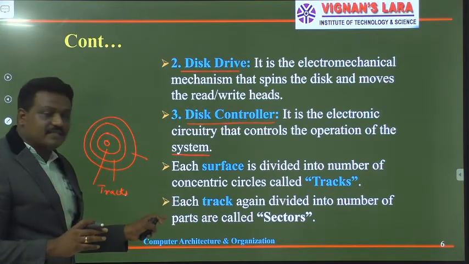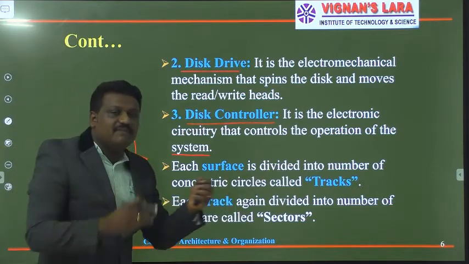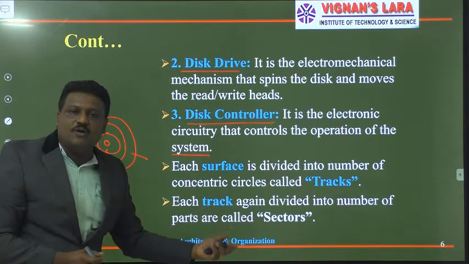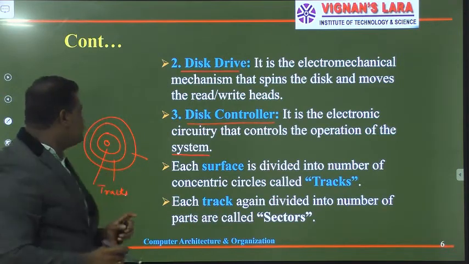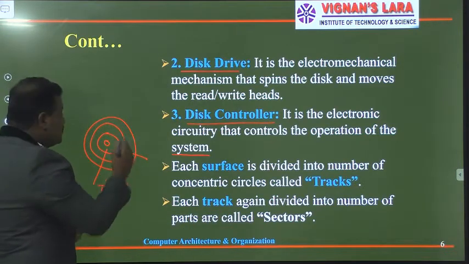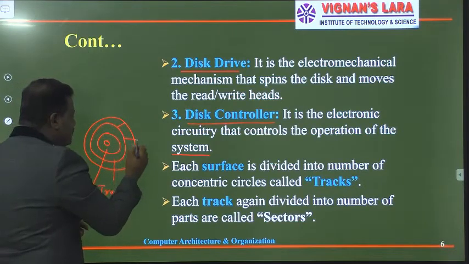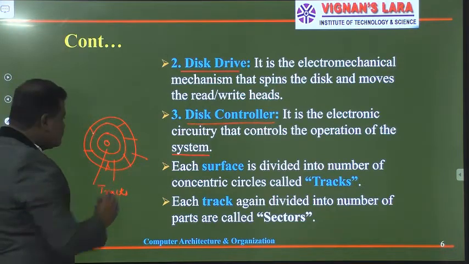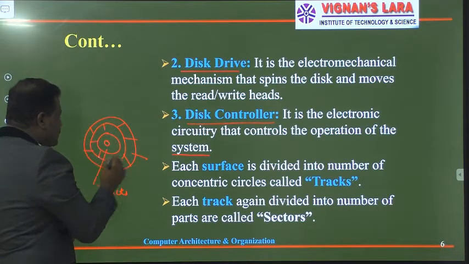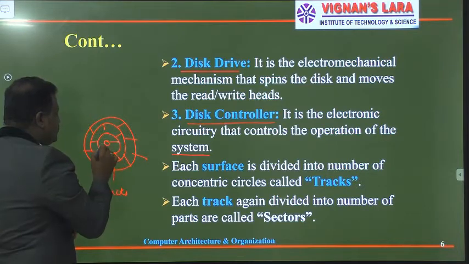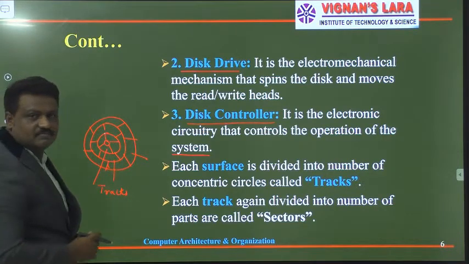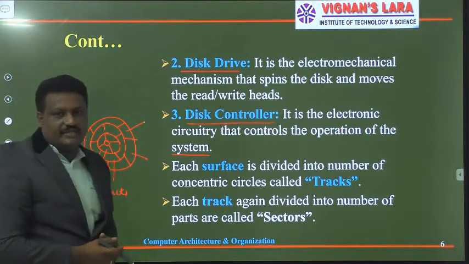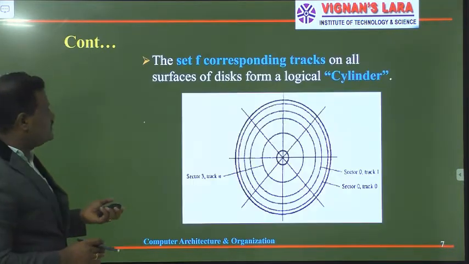And coming to the second thing, each track can be divided into a number of partitions. Those are called sectors. That means if you consider this track, I divided it into a number of partitions like this. These are partitions, and I call these my sectors. So these are the sectors, but these are my tracks. And here the important thing is,